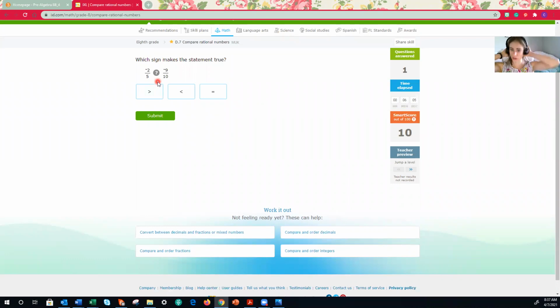All right, let's try this one. Okay, we're going to rewrite our fractions here. We're comparing the fraction -2/5 to -9/10. All right, the first thing my brain goes to is, ooh, I can do just like before. I have a 10. If I divide 10 by 2, I'm going to get 5. And that's true. But what happens if I divide 9 by 2? Yeah, I'm going to get a decimal. I'm not going to get an integer,